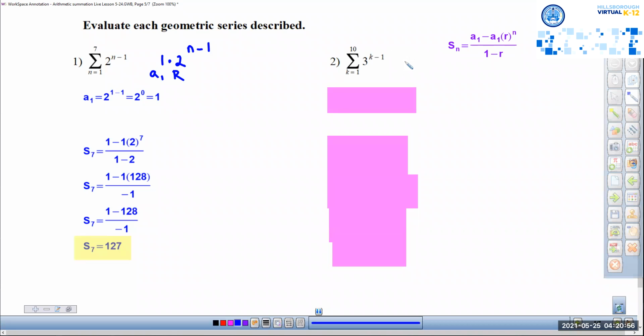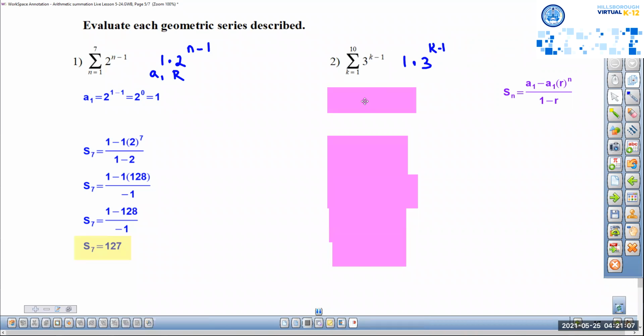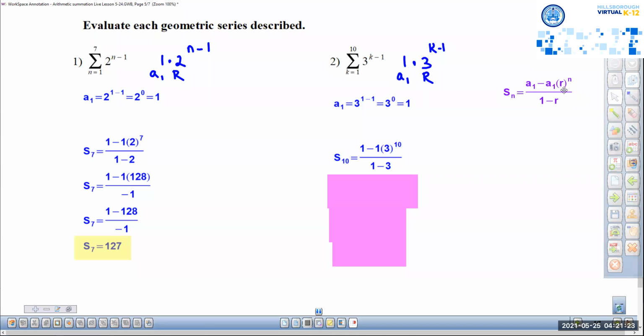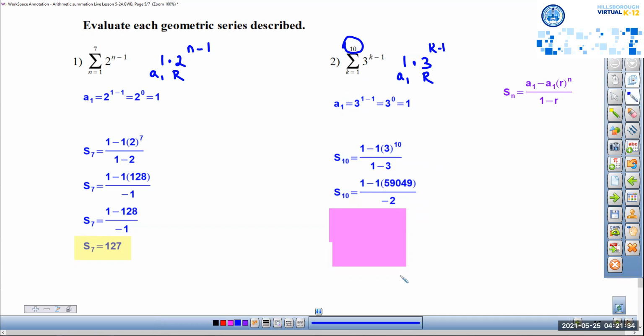Okay, here, this is the same thing as 1 times 3 to the k minus 1. So if you plugged in 1, 3 to the 1 minus 1 is 3 to the 0. Anything to the 0 power equals 1. So here's your first term, and here's your r. Your ratio is 3. So plug in 1 and 3 in the formula. Do 3 to the 10th first, and the 10 came from n equals 10. 3 to the 10th is